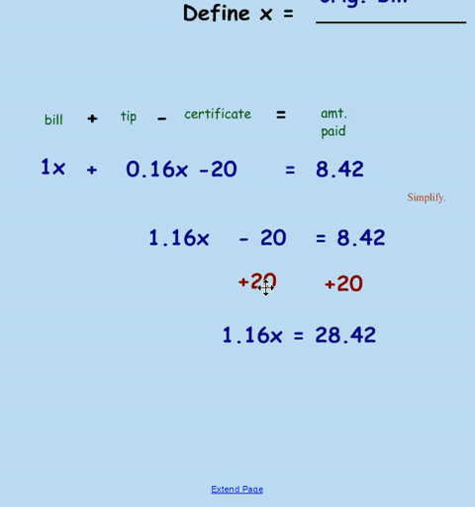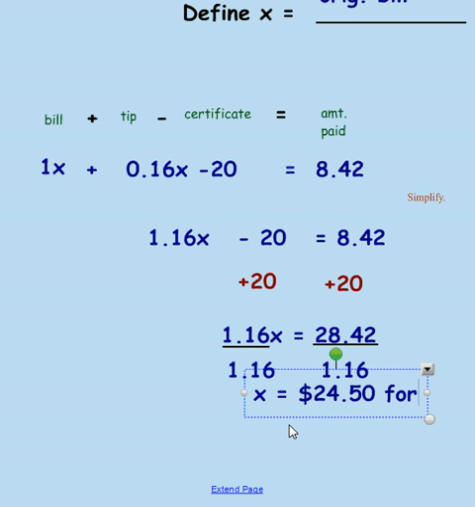Okay. So the next thing I need to do is I just have to divide. So I'm going to divide both sides by the bill and the tip, which is 1.16, so I'll put it on this side also. I'm going to pause. I'm going to grab a calculator and you check to make sure that I'm doing my math right. I'm going to go 28.42 divided by 1.16, and I get 24 and 5/10. Well, translation, x equals $24.50